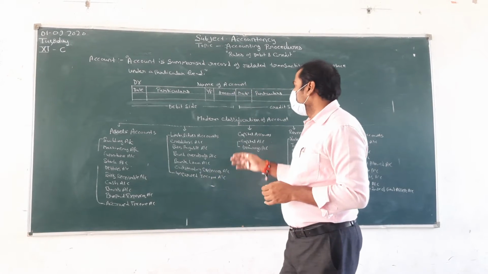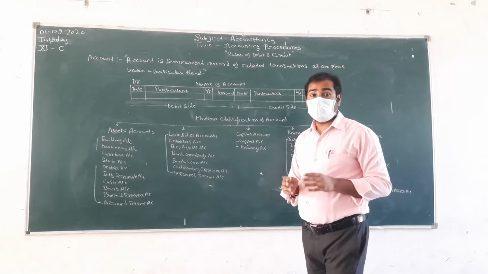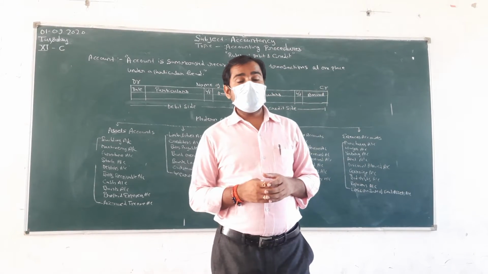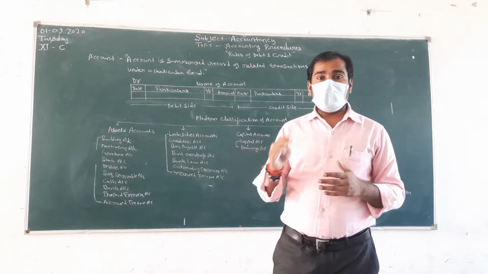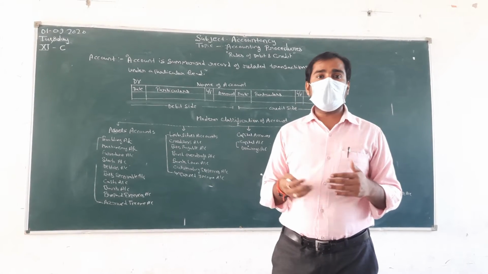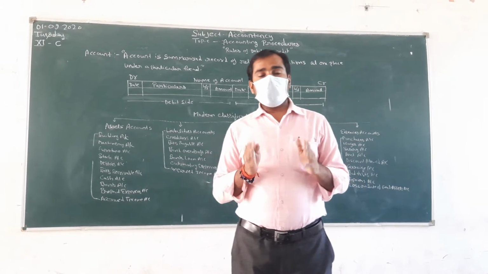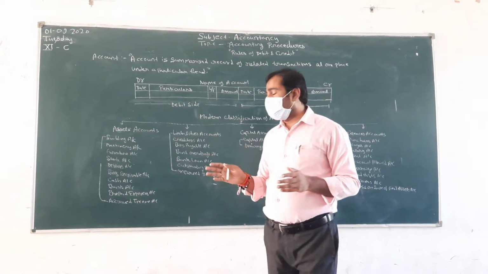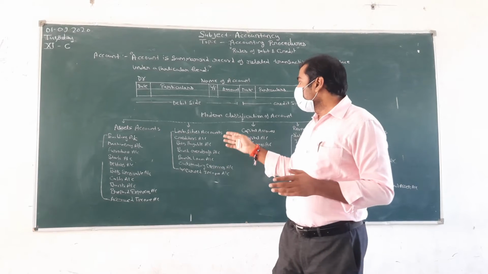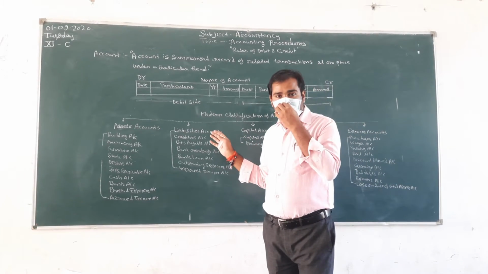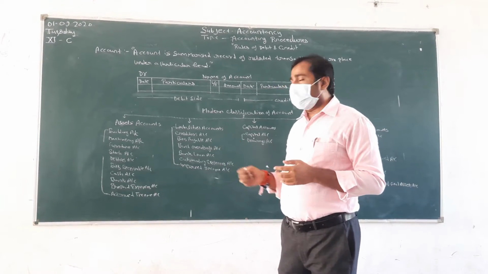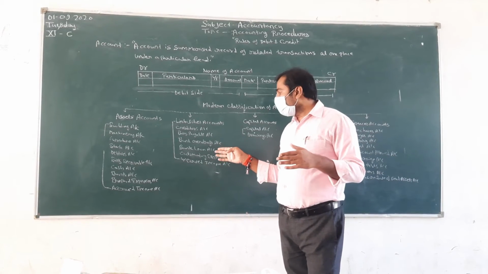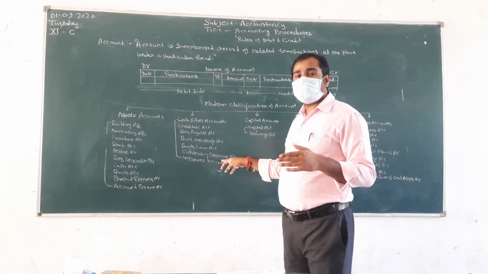The next head of account is the liability account. It is the most important because it includes two things: one is the capital account and the other is the drawing account. Let me clarify the drawing account. Drawing account refers, I will just tell you about the capital account. Here is the liability account, and the liability account includes creditors, bills payable, bank overdraft, bank loan, outstanding expenses.